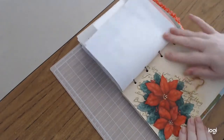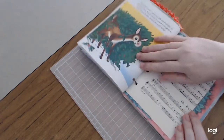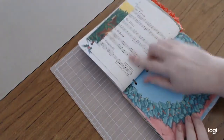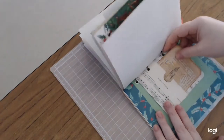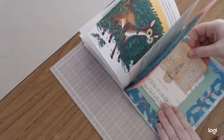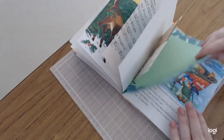I love this coffee dyed with the napkin that Bonny did. Just the images in this book are so gorgeous. I cut up the music paper, and I used some of the leftover music paper to make a pocket for the journaling card that Bonny had made. These kits are so full. Like, I had to add the rings and a few little bits, but honestly,